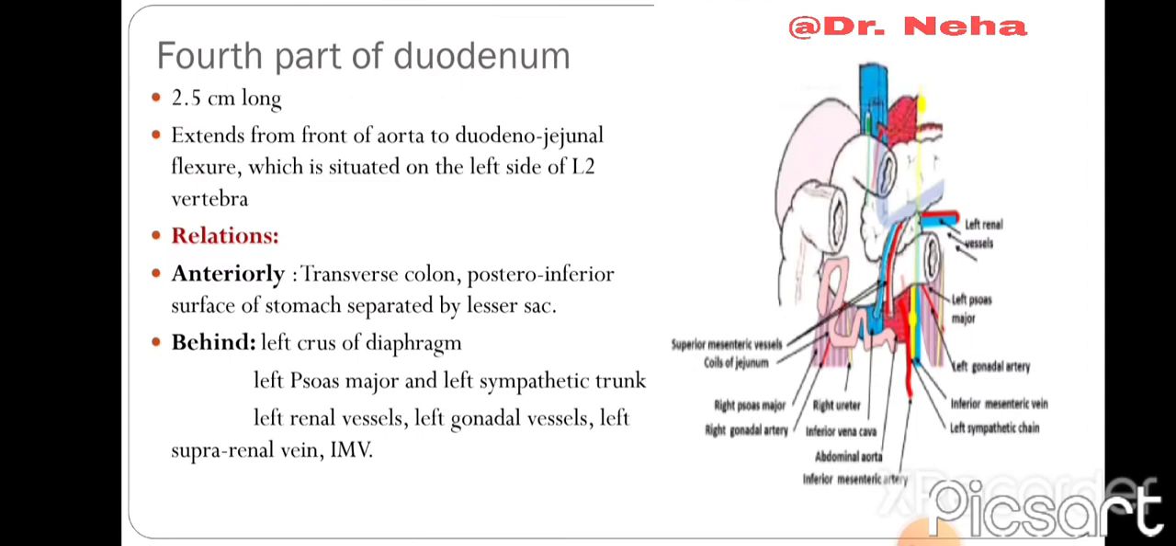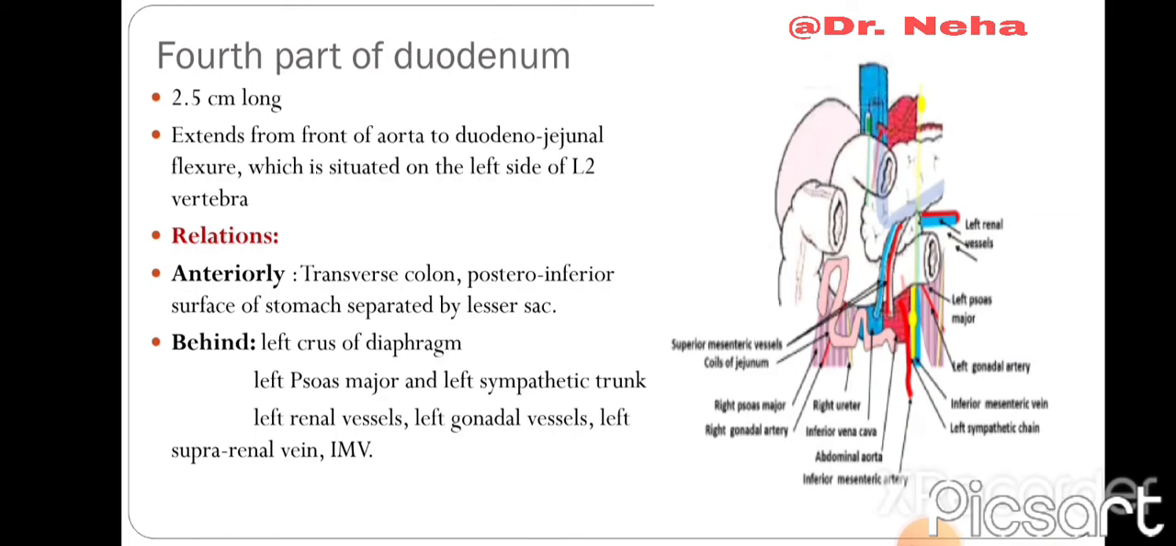Now we come to the fourth part of duodenum. It is 2.5 centimeters long. It extends from the front of aorta to the duodenojejunal flexure, which is situated on the left side of L2 vertebra. Relations are, on the anterior side it is related to the transverse colon, posterior-inferior surface of stomach separated by